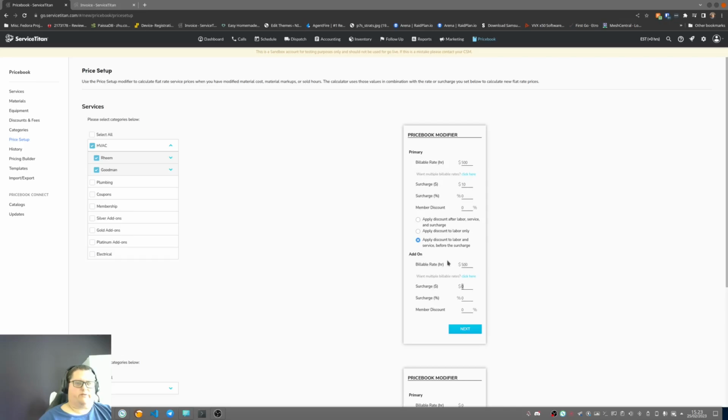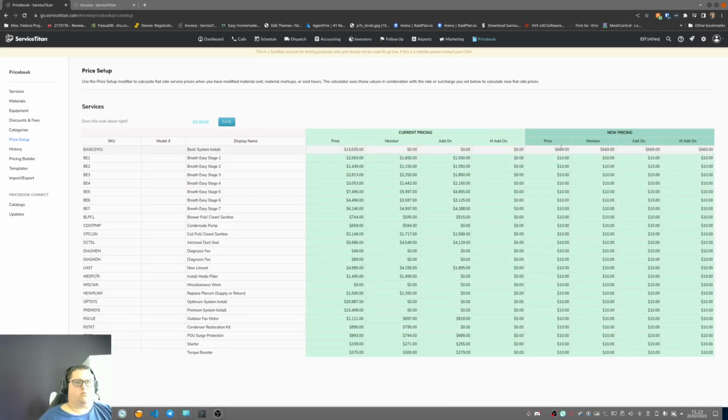So 510. Yeah, that will count in your material costs and all that stuff that you put in your service, and will give you a spread out of price. Now, the price setup,